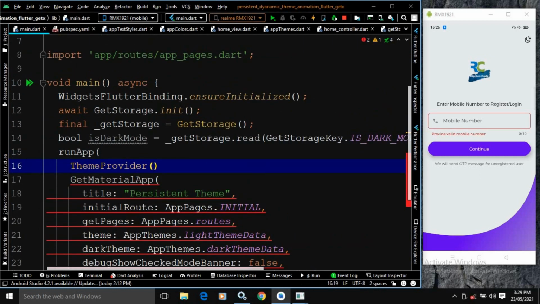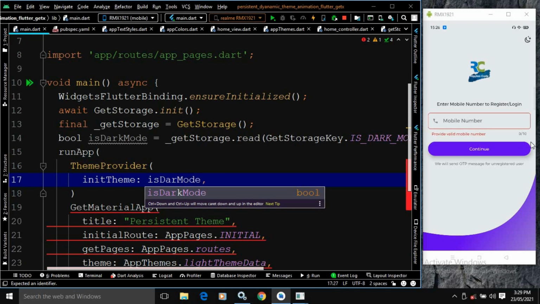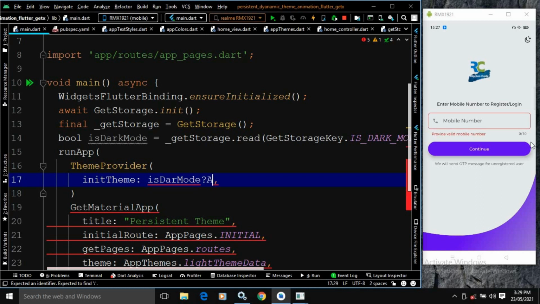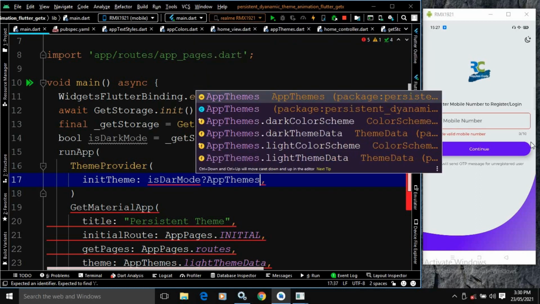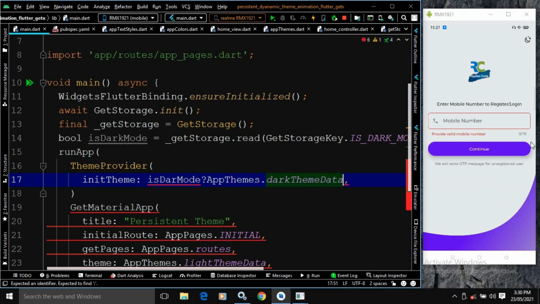Okay, now in the ThemeProvider I will write initTheme. In the initTheme I will write isDarkMode. If it is true, then here I will write AppThemes.darkThemeData, right?